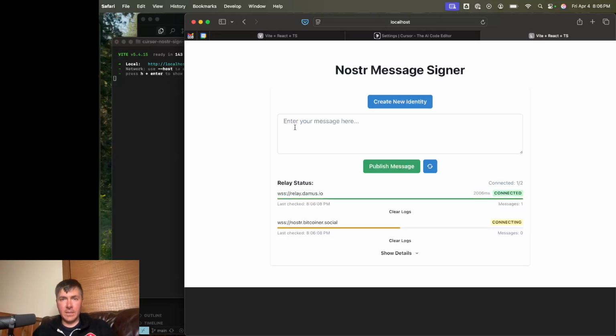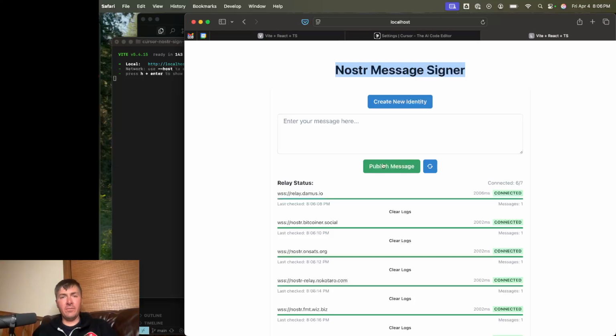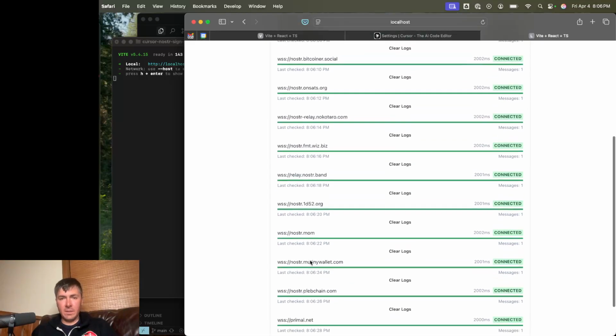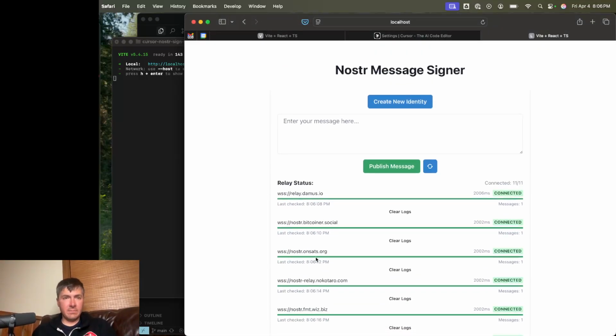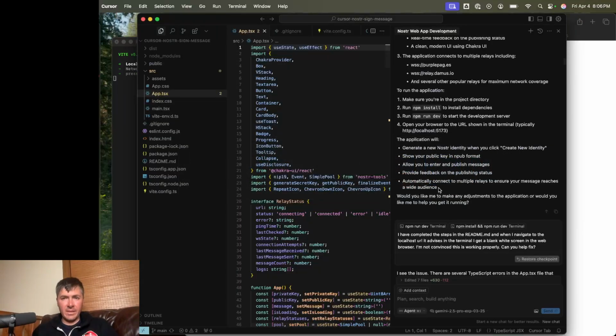You can see actually, at this point I'd only written that one prompt. I guess it's got all of the code that I still haven't walked you through yet. So this is a little bit more advanced than where we are. But that's how you would get this thing started. So you can see it's got basically the features that I asked for, and it's got a little bit more here with the status indicators of all the relays it's connecting to. I may have asked for that later. So anyway,